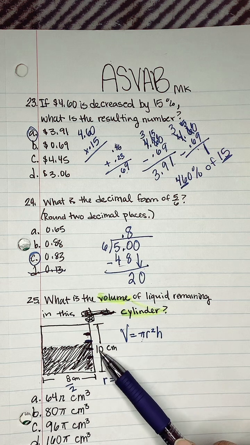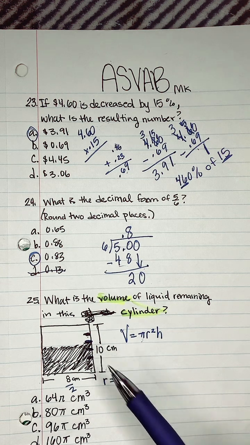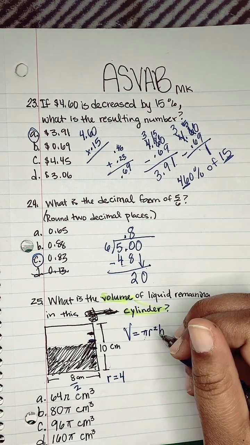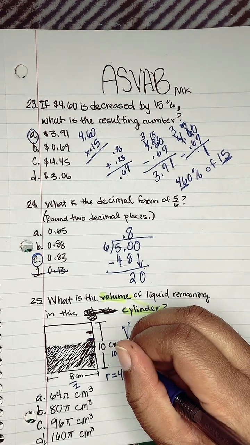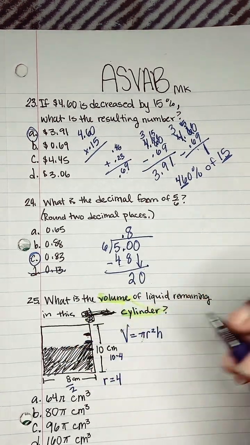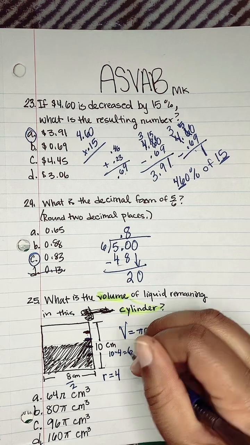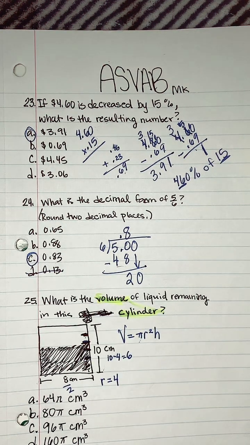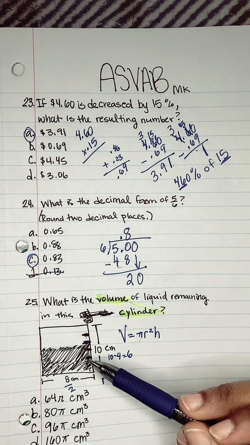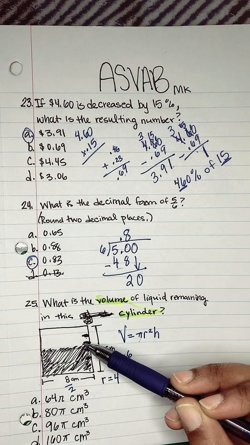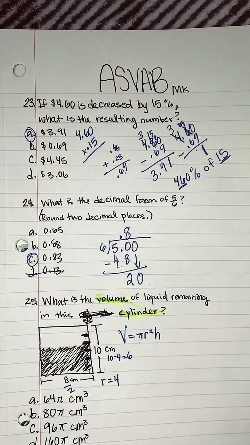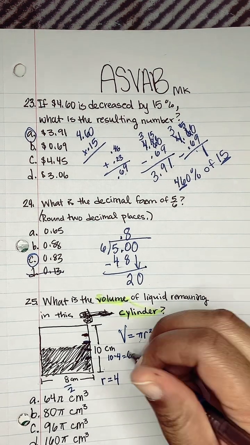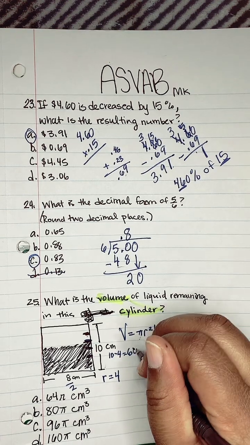So what we have to do is 10 minus 4 to get our actual height. The picture I jacked up, so that's why I want to say this picture is not accurate. So now that we know this is our true height, in centimeters,